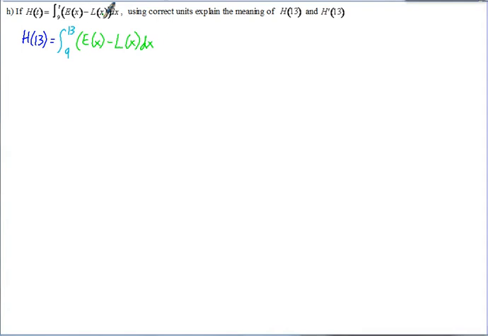Notice that to change the variable, e of x and L of x are the same as e of t and L of t, they just changed it to a different letter, just like we did in our calculator. That way, when you plug in 13, you don't plug the 13 in for the x's here, only for the t, which is our upper limit. So notice this is the overall derivative. So this represents, notice it doesn't have the initial of 300, so this is just the change without the initial. So we can say h of 13